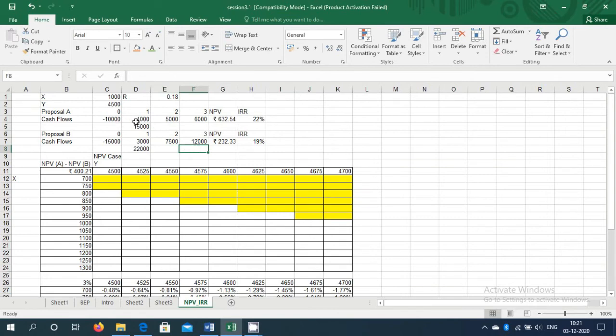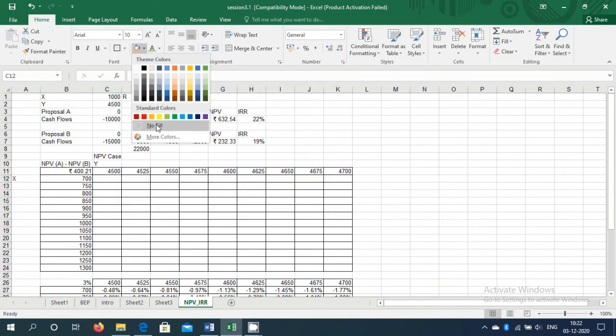So here there is an x amount of cumulative growth happening, that is x is 1000, and over here y is 4500. I get y growth this way: 3000 plus 4500, 7500 plus 4500. So first of all I'll find out what the difference is over here. This yellow mark I can remove, and while illustrating I can show it again, because now it is not required.